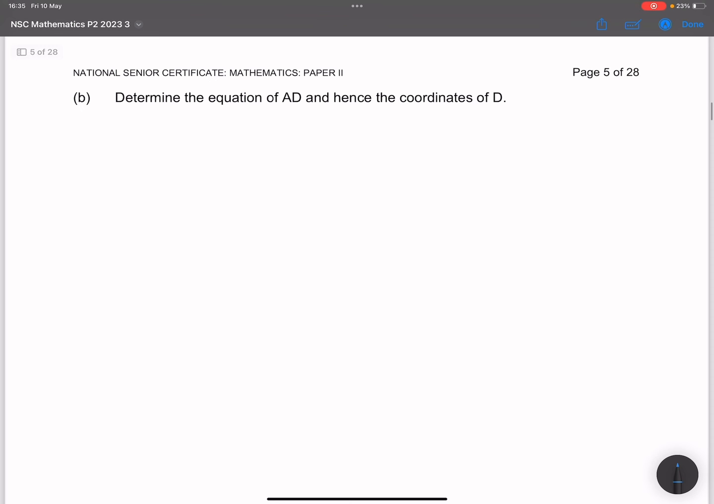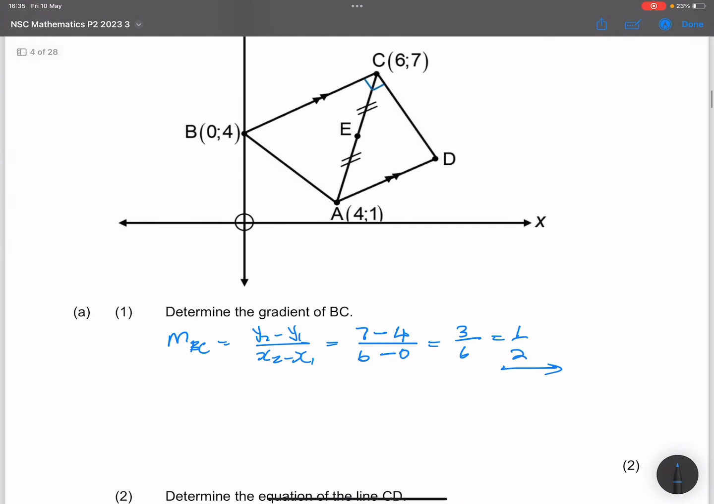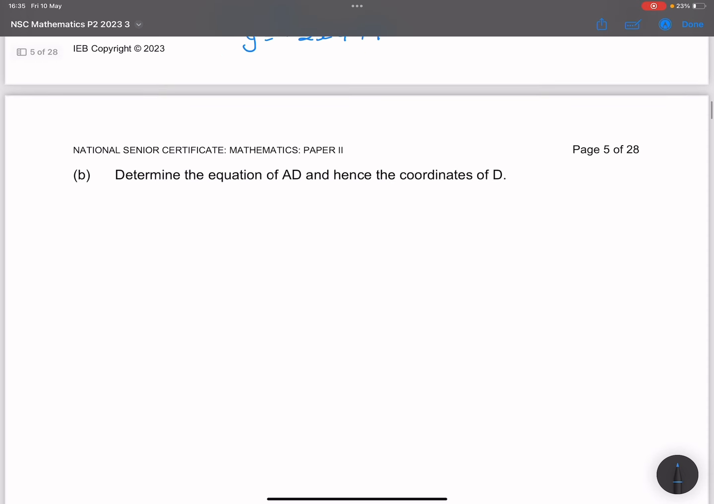They say determine the equation of AD, hence the coordinates of D. Now if you'd note there, AD is parallel to BC. We already said that the gradient of BC is a half, meaning that the gradient of AD would also be equal to a half. But we've got the point A, which is 4 and 1. So the equation of AD,